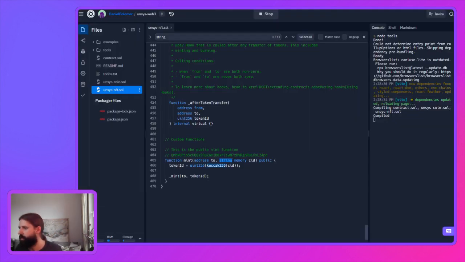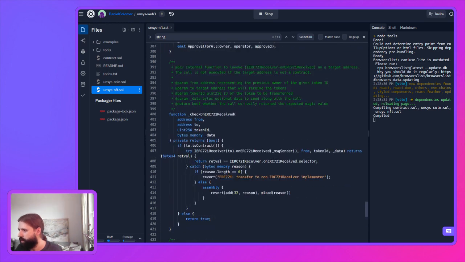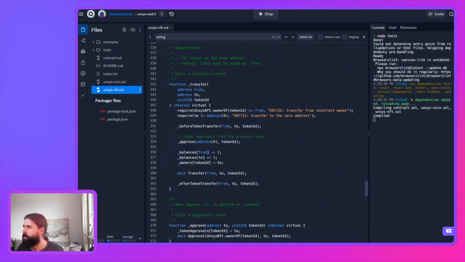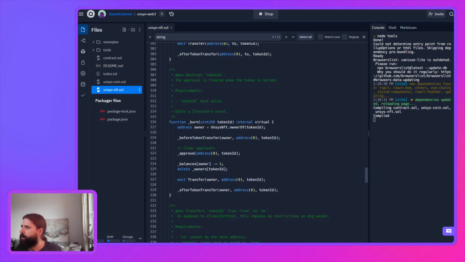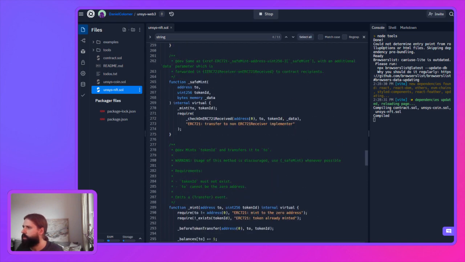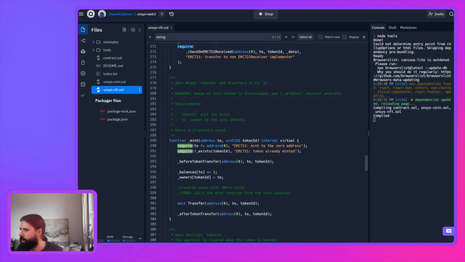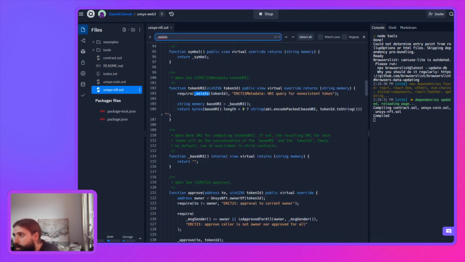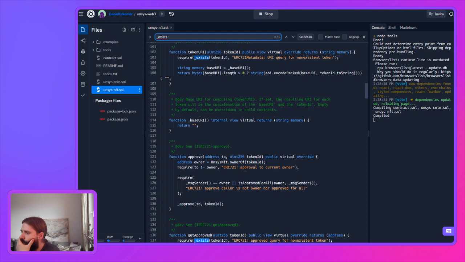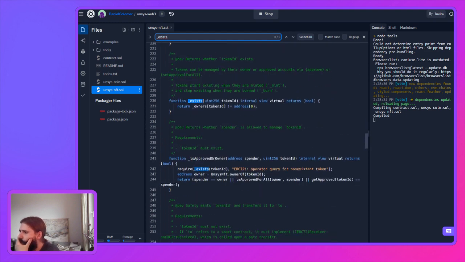Although, how do they do this? There's this kind of require in the mint. Require. Safe mint. What is a safe mint? Safe mint. Require no mint exist token ID. What does exist do? Returns